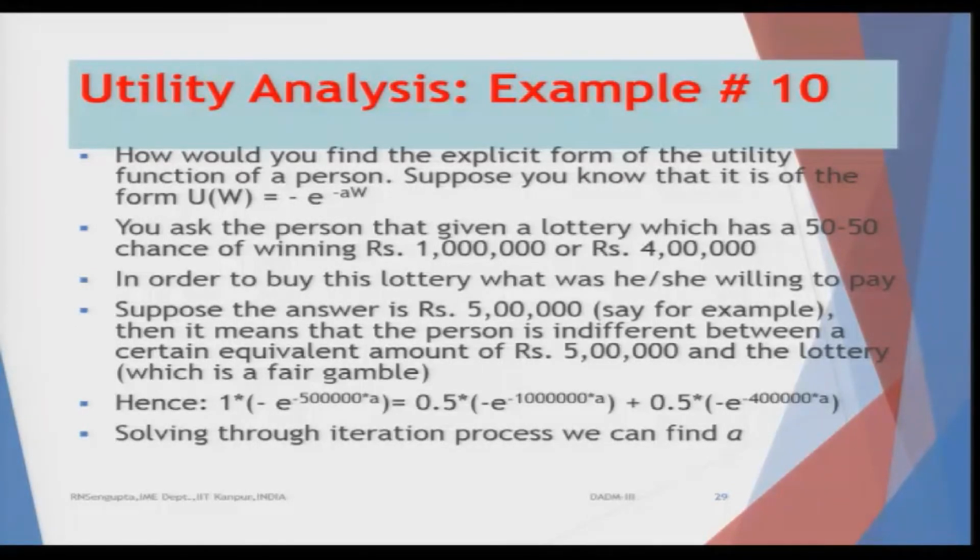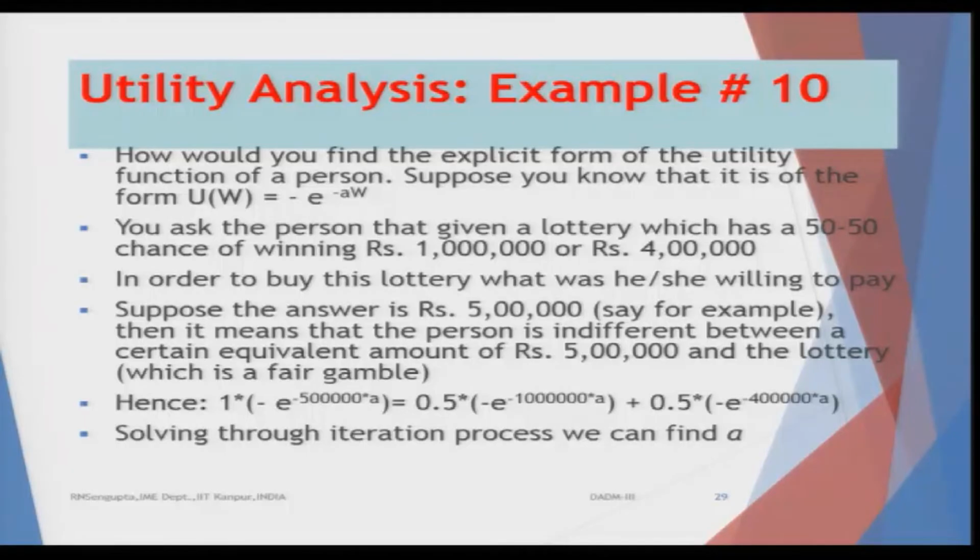Now, in that case, if the person has a linear utility function, then obviously the expected value, which is 10 lakhs plus 4 lakhs divided by 2, on a linear line, will be utilized to find out the value of C, the certainty value for that person. So, based on that we will proceed. Let us continue reading it.